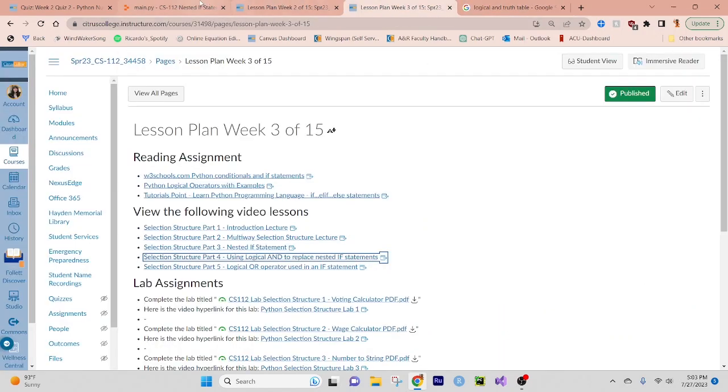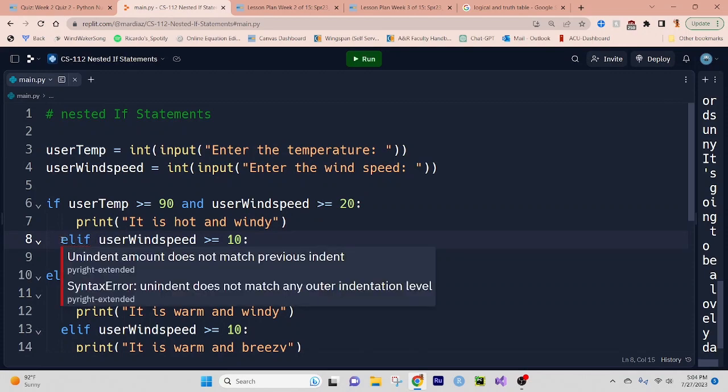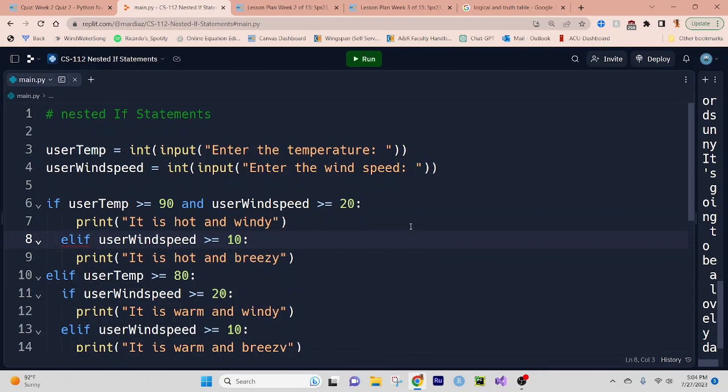So we can go back to our code and we will shorten it. If user temp is greater than or equal to 90 and user wind speed is greater than or equal to 20, print is hot day. Elif, else if user wind speed, and then